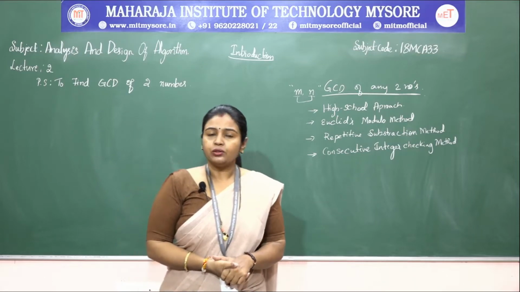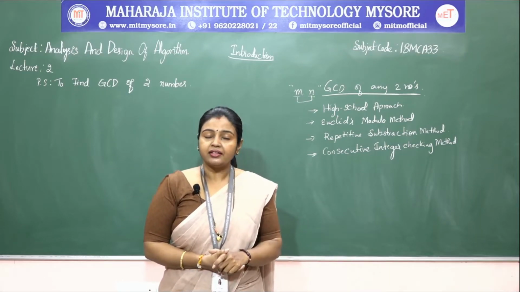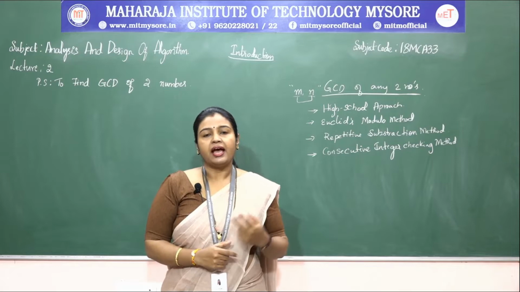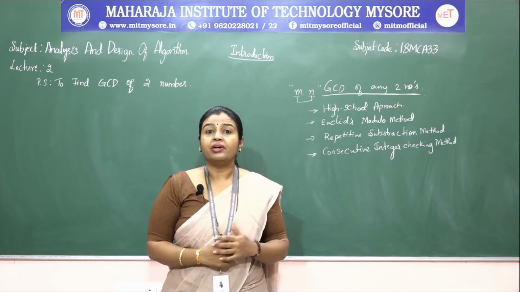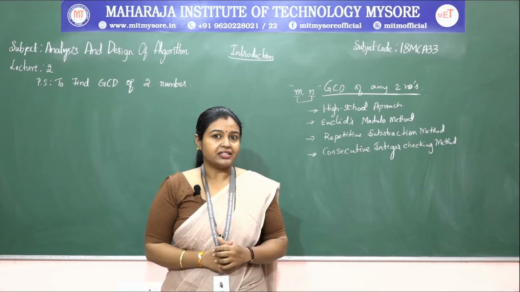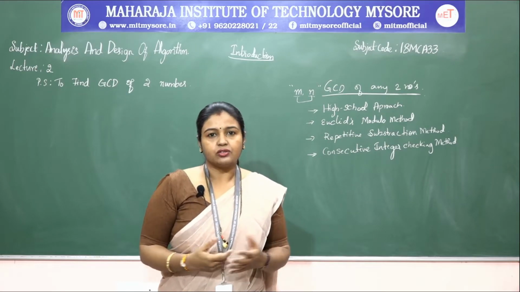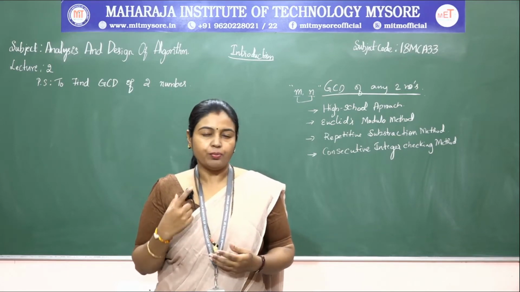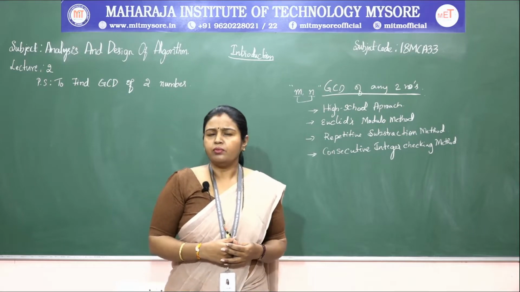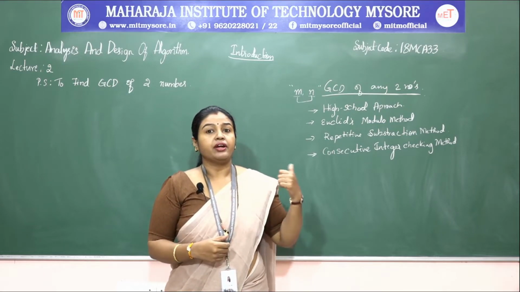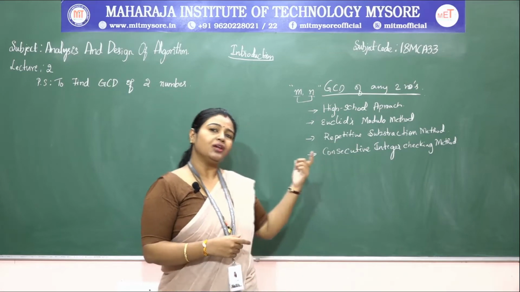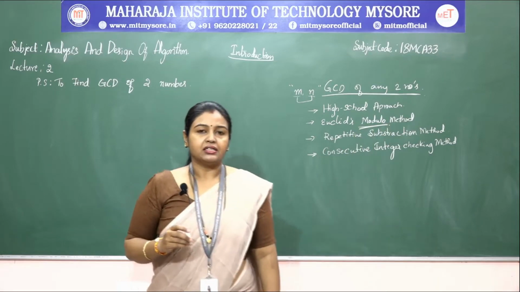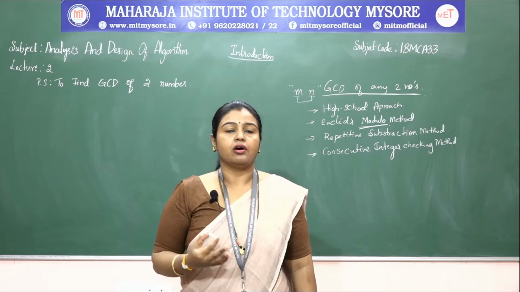As we know, the problem statement is finding the GCD of two numbers, right. So here we will have two numbers and we need to find the common divisor, and that too the greatest one. Divisor means we need to perform the division operation, right. To perform the division operation, we need to find the common divisor also. So here Euclid used the operator called modulo, that is, finding the remainder.